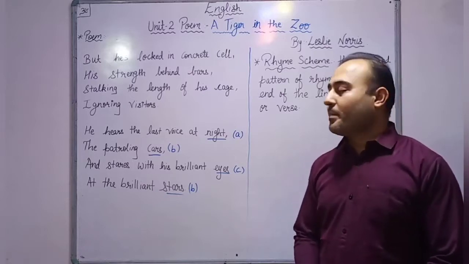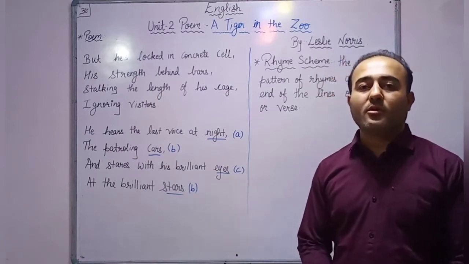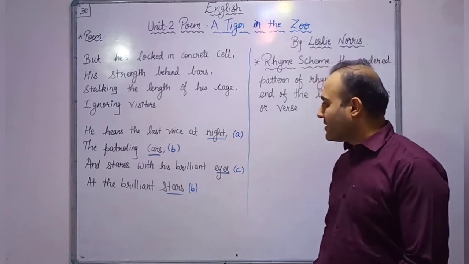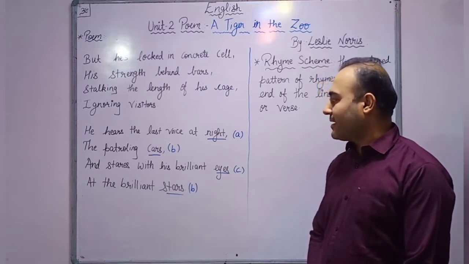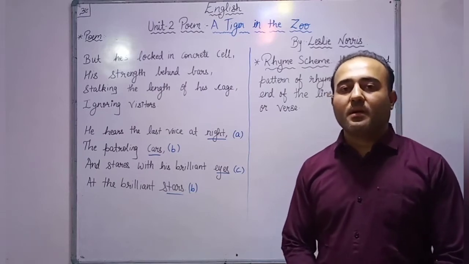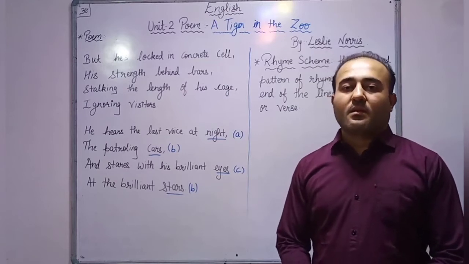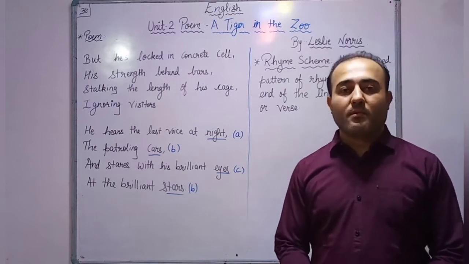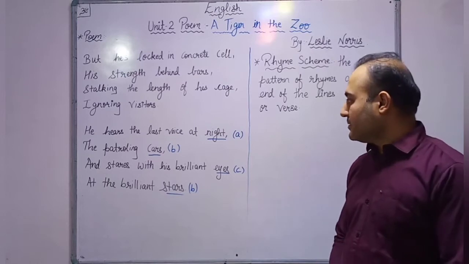Then, in the fifth paragraph, the poet discusses the daily routine of the tiger. How? Let's see. He hears the last voice at night, the patrolling cars, and stares with his brilliant eyes at the brilliant stars. So, in this fifth paragraph, the poet says that the tiger doesn't get any kind of sleep during the daytime because of the visitors. Then, again at night, the